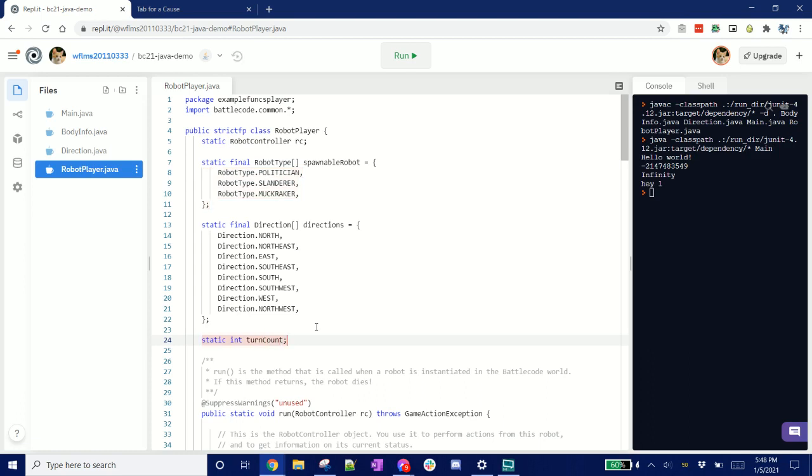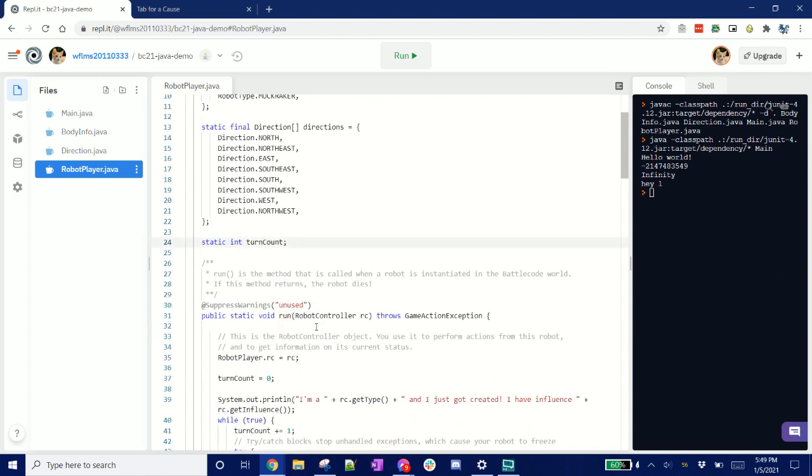Static int turn count. You don't actually need this, but it is very helpful if you want to debug things and figure out which turn you're on. The backbone of how your code is going to work is you have a run function that you have to define in your robot player, because we will call this run function. The run function has to take in a robot controller, which is